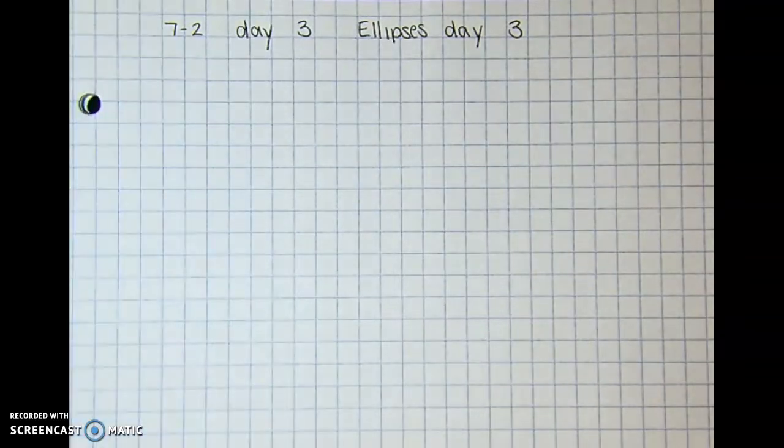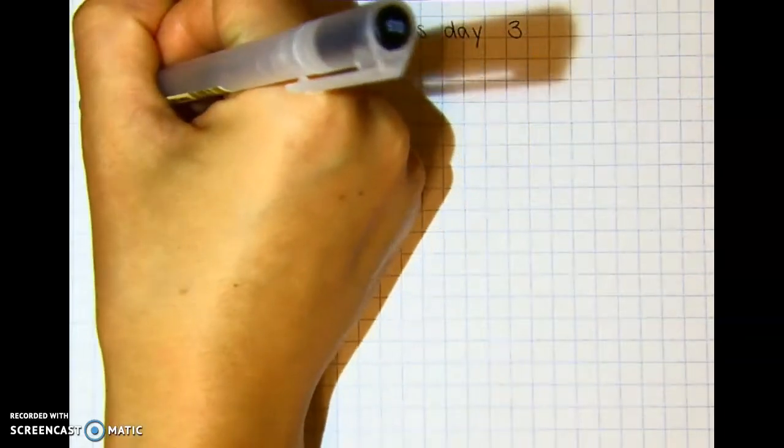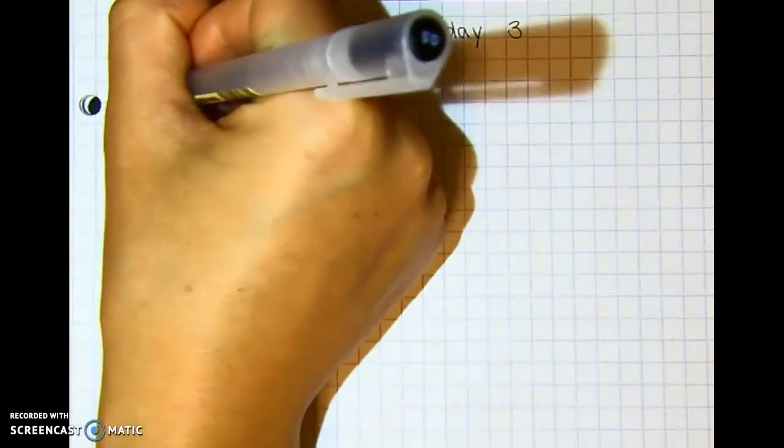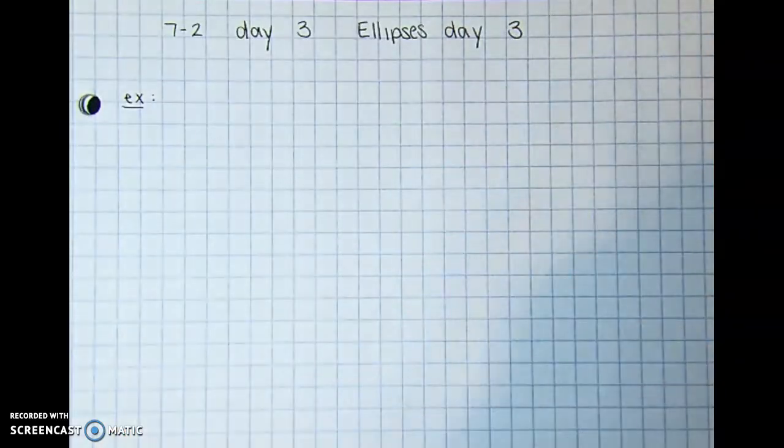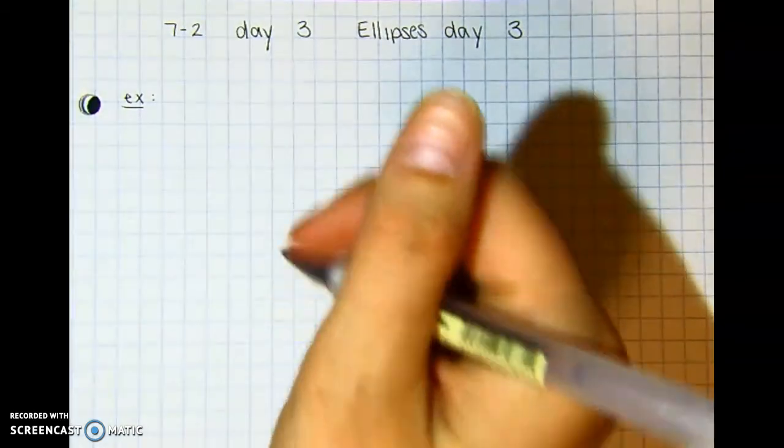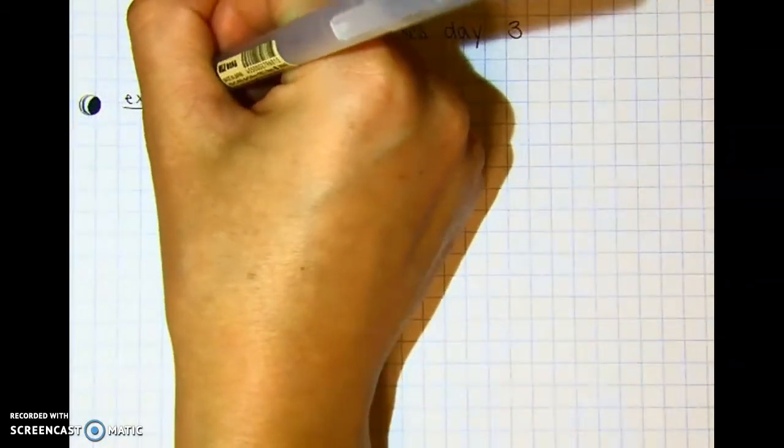We need to finally do solving for an equation of an ellipse given parts. So let's do an example since you know everything about the equation of an ellipse and parts of an ellipse. So find the equation of an ellipse